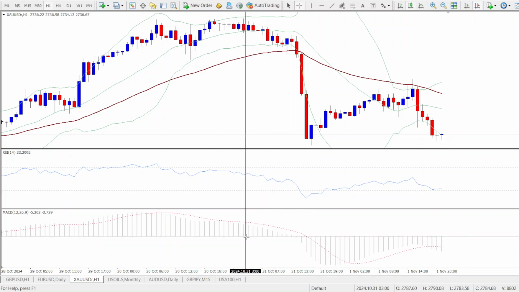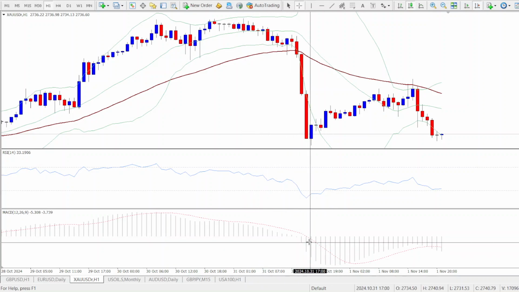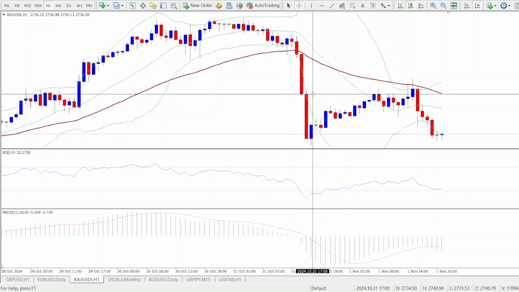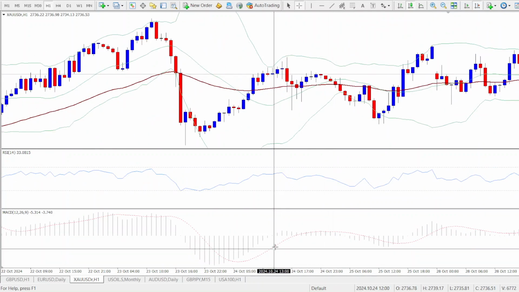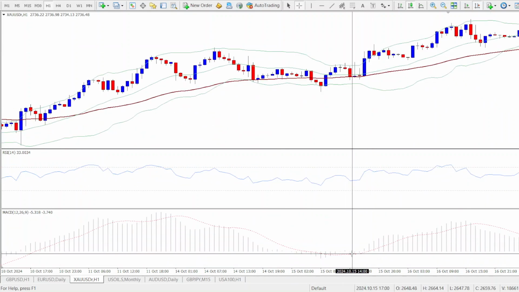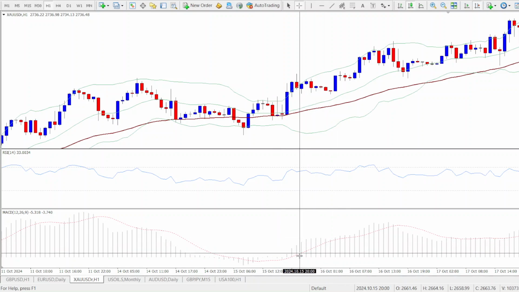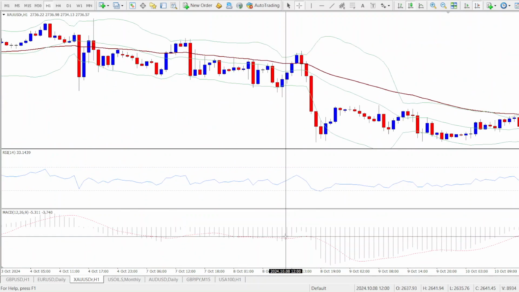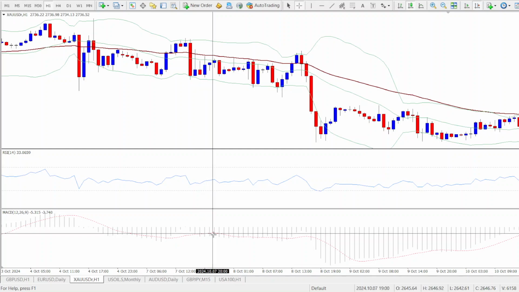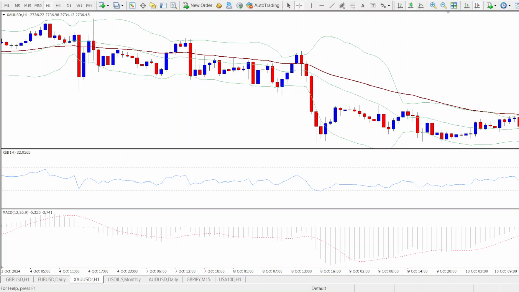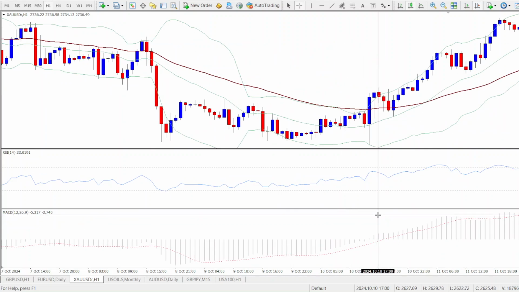between the two. Now a crossover, we can see when we have the MACD line crossing below the zero line, it shows a sell. On the other hand, when we have the MACD line crossing above the zero line, it shows a buy. So basically, the signals are easy to spot. And when you have increasing histogram bars, it shows a strength in momentum. But when you have short histogram bars, it shows weakening momentum, as we can see reflecting on the price chart. So this indicator is very easy to use,